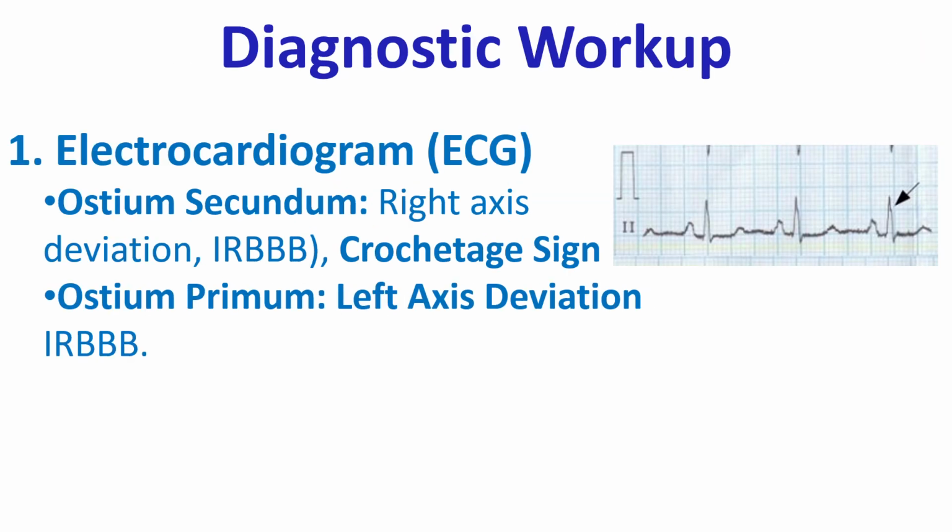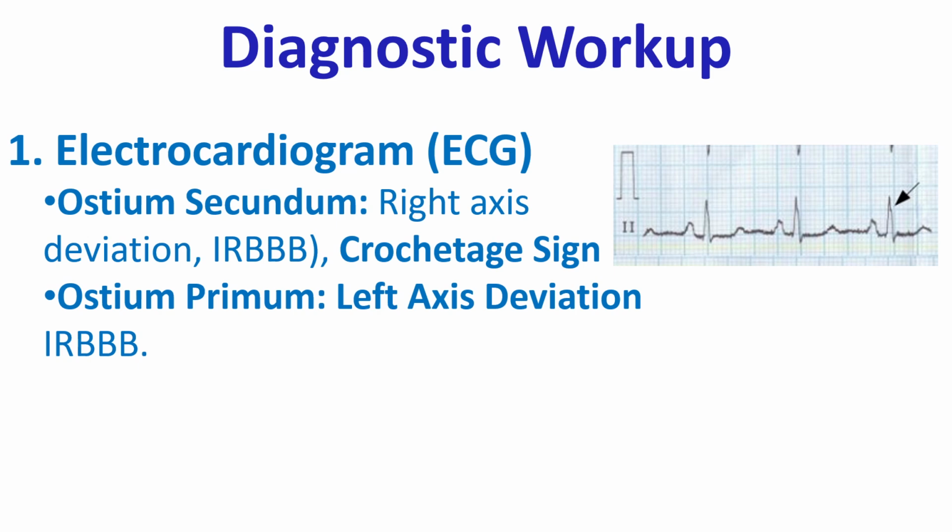ECG findings may vary by anatomical type. Ostium secundum: right axis deviation, incomplete or complete right bundle branch block due to right ventricular volume overload. Look for the crochetage sign, a specific notch near the apex of the R wave in inferior leads that correlates with shunt size. Ostium primum is characterized by a left axis deviation due to early activation of the posterobasal LV wall